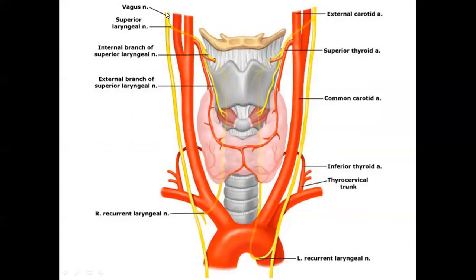You can see the vagus going. There is a yellow nerve-like structure on the side, on both sides. It gives a superior laryngeal nerve on the top, and it gives a recurrent laryngeal nerve in the bottom. So the superior laryngeal nerve divides into external and internal. Internal goes through the thyrohyoid ligament, while the external goes down to supply the cricothyroid muscle. And that travels along with the superior thyroid artery.